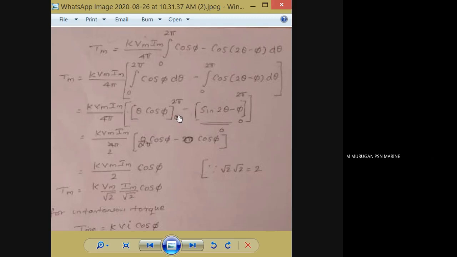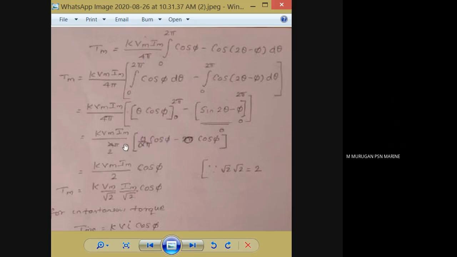For the cos value, we are putting the 0 value, meaning 0 times cos pi, then upper limit minus lower limit. So 2 pi cos pi minus 0 cos pi. No need to bother about these things because this will get 0 value. So this term is also going to be eliminated. So generally I can get 2 pi cos pi value.